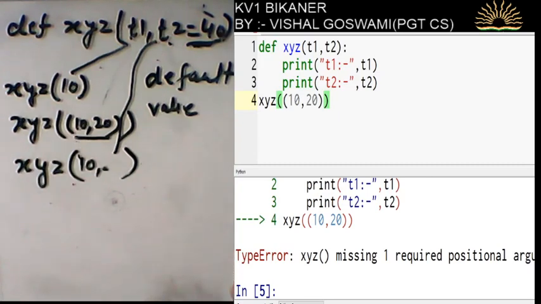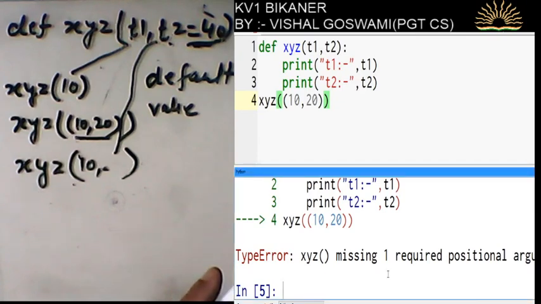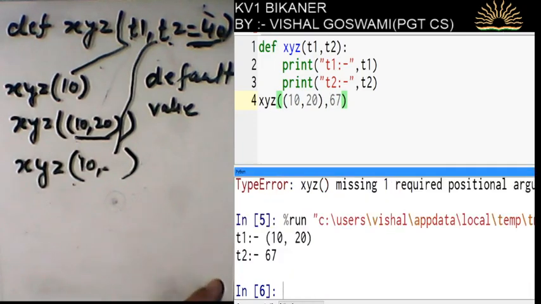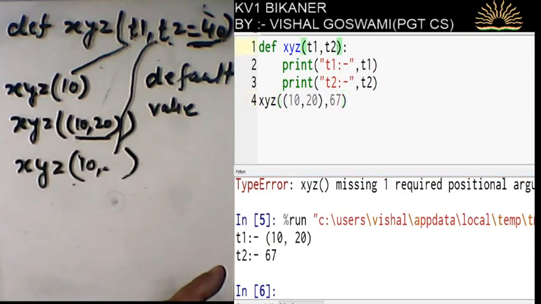Now let us see this example by running the program. Now I am giving the default value to t2.